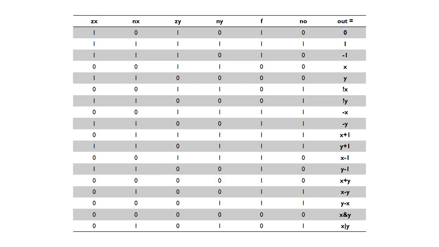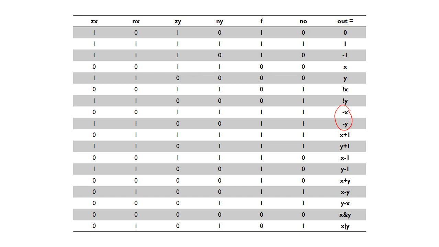This table summarises the possible operations of the Hack ALU. Let's quickly have a look through. We can get some literal values: we can output 0, 1 or -1 by setting the relevant opcodes. For control bits 1, 0, 1, 0, 1, 0, the output will be 0. We can also just output X or Y, essentially moving one of the inputs onto the output. We can get not X and not Y,